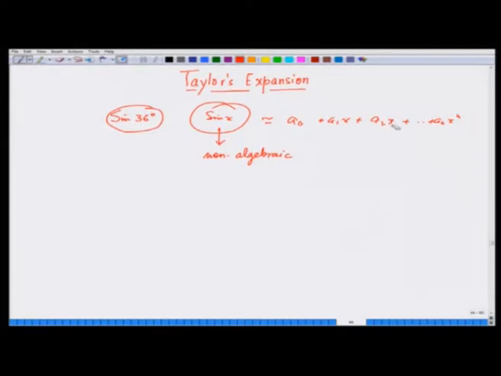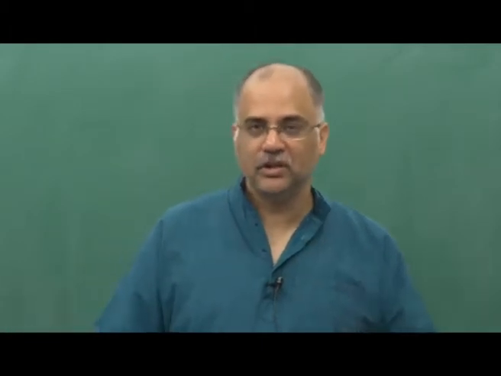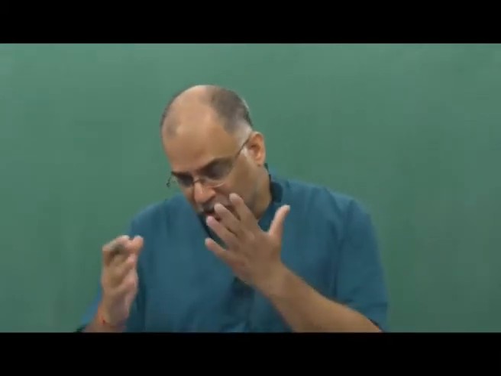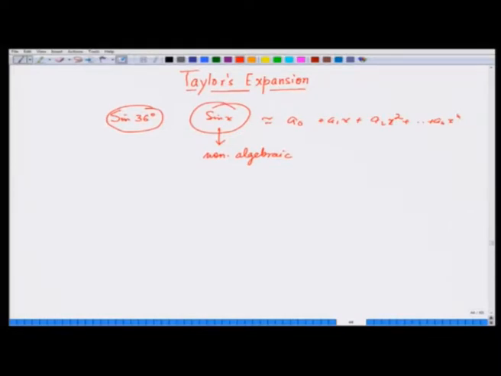What it means is that I cannot compute the value of sin x when x is some arbitrary number like sin 36 by doing algebraic manipulations, or using the 4 basic arithmetic operations like addition, multiplication, division and squaring. So, by approximating, I am able to immediately give you an approximate value of sin 36 or sin 20 or whatever. So, today we are going to talk about how Taylor thought about this idea to approximate functions which are